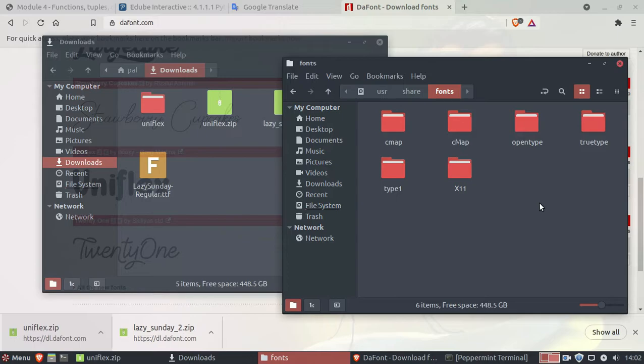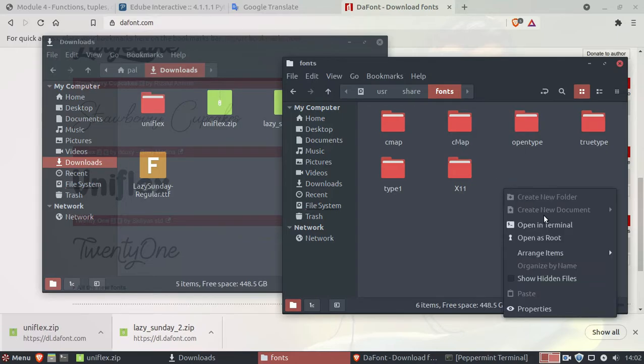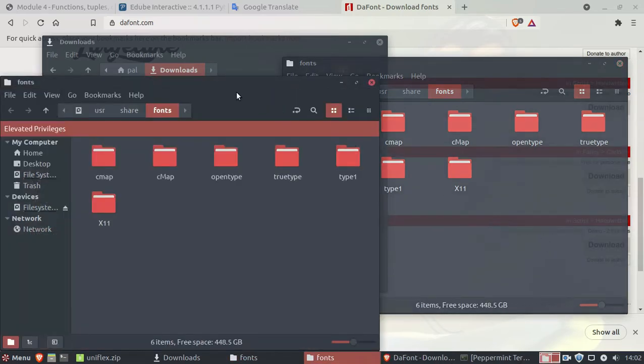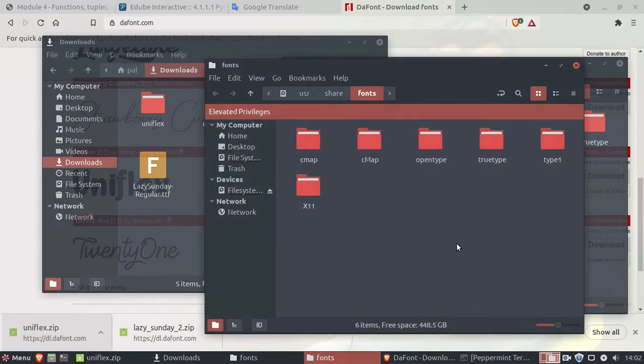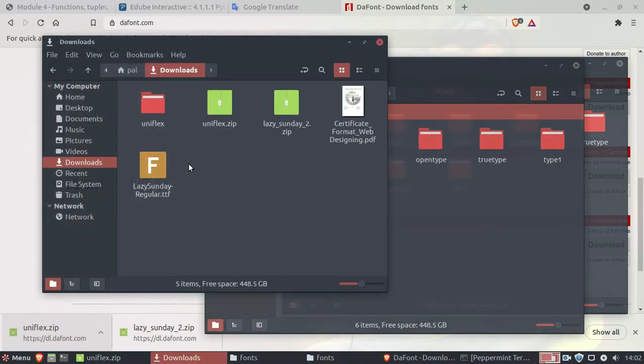We need root privileges, because these are root files. So to copy this folder, first of all we have to go to root mode. To do that, left click on it and select open as root. This will open a file manager as root.